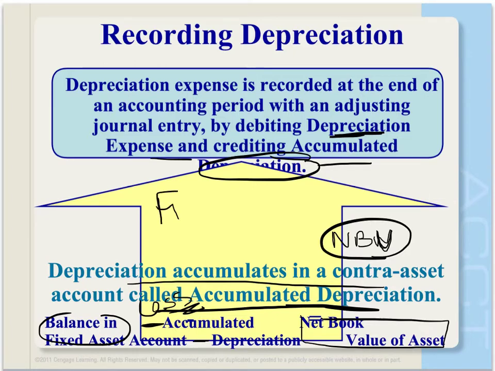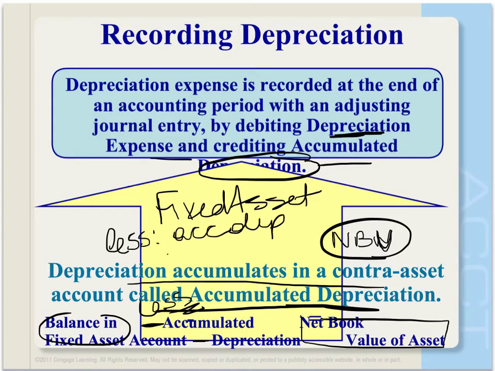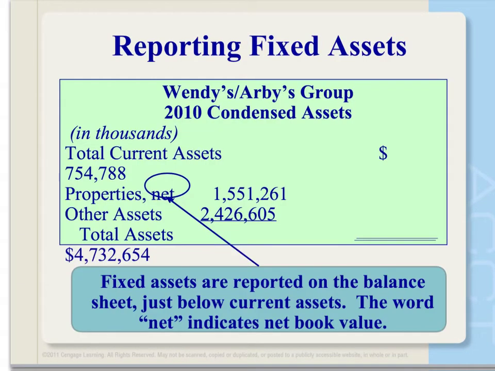What that is, is the fixed asset in a classified balance sheet less the accumulated depreciation equals the net book value of the asset. As you can see here, this is a presentation of that on the Wendy's Arby's group. You can see where it says property net. That will tell you that accumulated depreciation has been netted out here to arrive at the